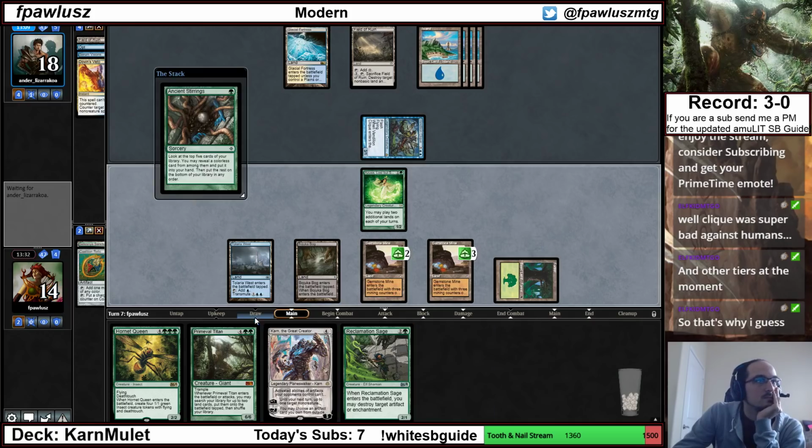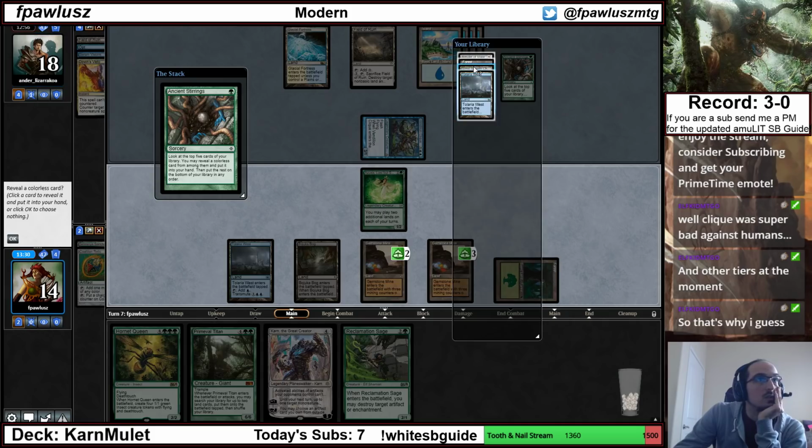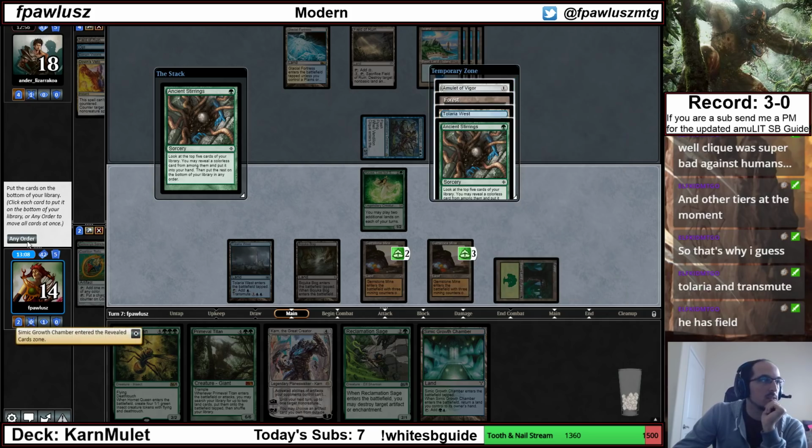Steerings. This is kind of counter-worthy. Cavern of Souls? No. Blue, and 1. So we can... Simic, I guess, because this...